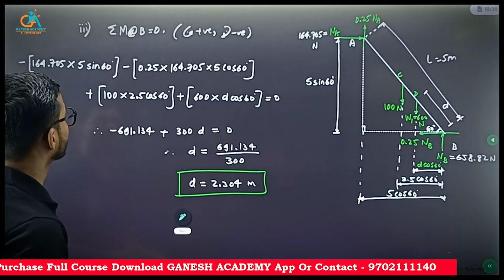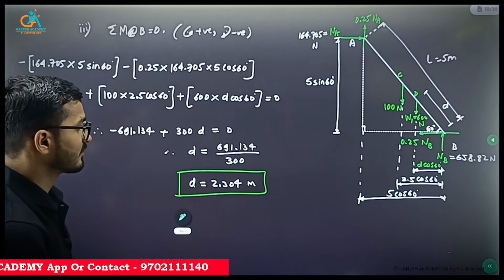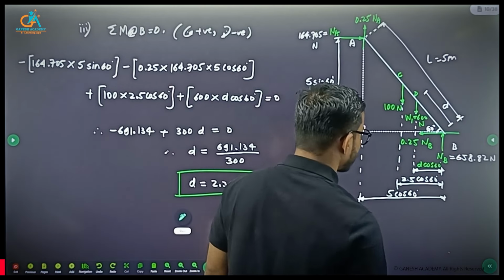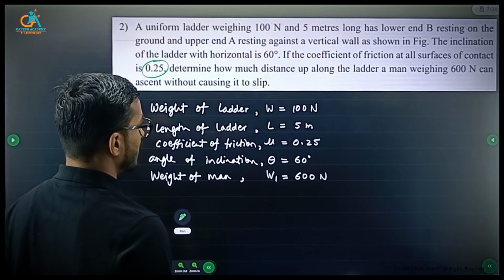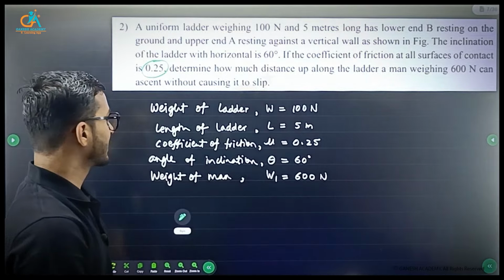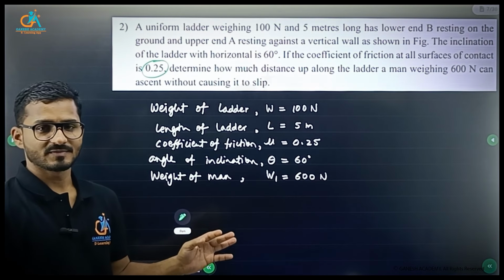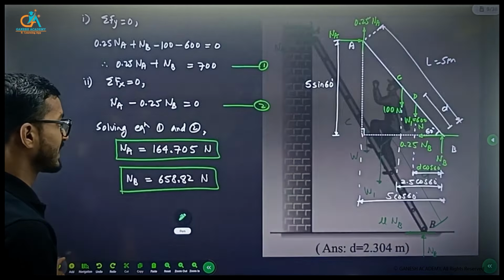Okay, this is the distance a man can ascend without causing the ladder to slip. Okay, so just apply the conditions of equilibrium for the impending motion case. Next,